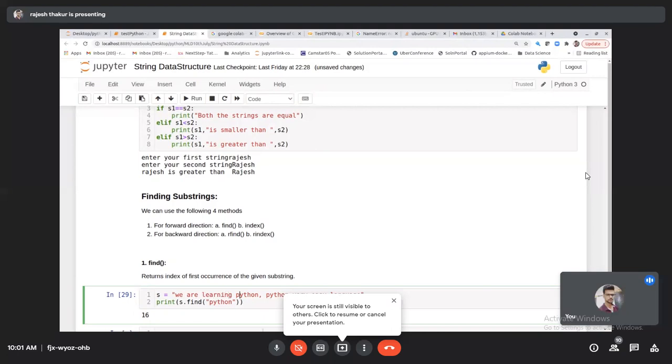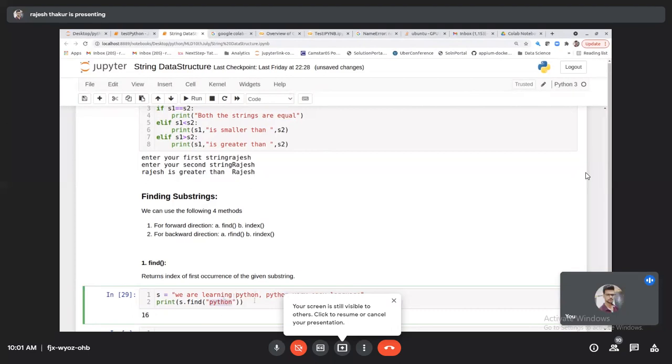That's why it is returning 16. The find function will always return the first match of Python. Though Python is here as well, it is not checking this part. It is only checking this first Python. That's what I wrote: return the index of the first occurrence of the given substring. This is my substring.